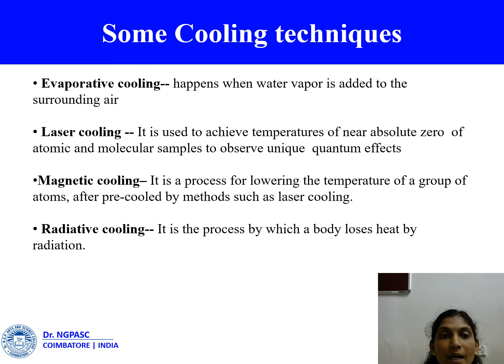Next, radiative cooling. Radiative cooling is a process by which a body loses heat by radiation. Outgoing energy is an important effect in the Earth's energy budget. In the case of the Earth-atmosphere system, it refers to the process by which longwave radiation is emitted to balance the absorption of shortwave radiation from the sun. The thermosphere cools to space primarily by infrared energy radiated by the carbon dioxide.